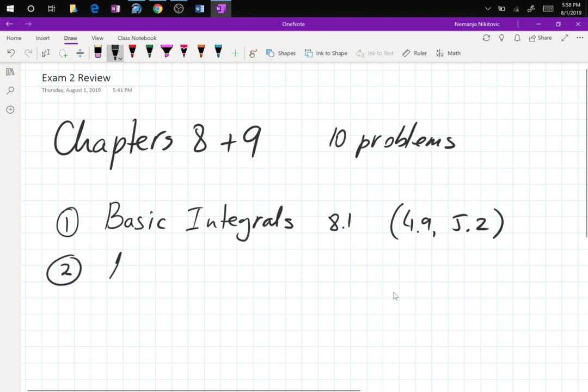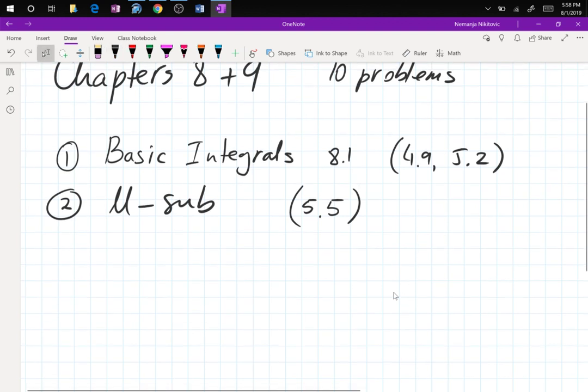Number 2, U sub. This is 5.5 in Calc 1. You cannot survive any integration exam from this point on, Calc 3, differential equations, without U sub. It's the most important and most frequent integration technique of all time because it's backwards chain rule. So it must be featured at least 2 or 3 times on this exam, because some of these procedures are